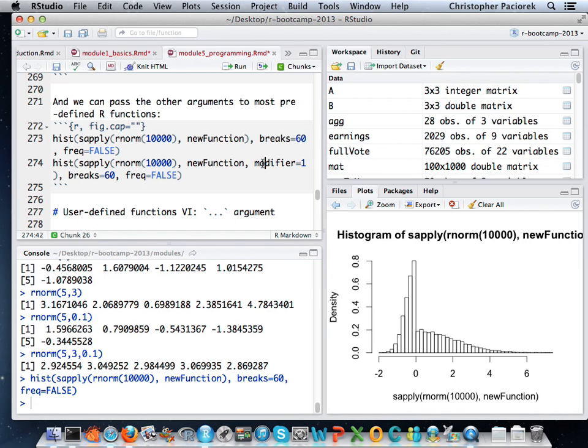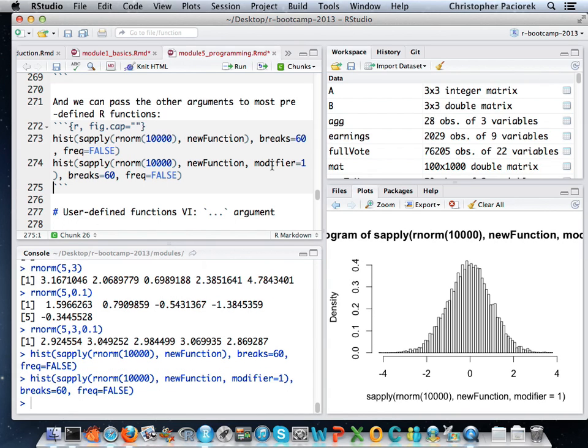Sapply lets us pass in extra arguments, and those will be passed through to the function that's being called. So here I'm going to use modifier equal to 1, and recall that we were either dividing or multiplying by this modifier. Of course, dividing and multiplying by 1 are the same, and so our random normals go through unmodified. All right, so we've set modifier equal to 1, so we didn't actually do anything to that whole list of random normal values.